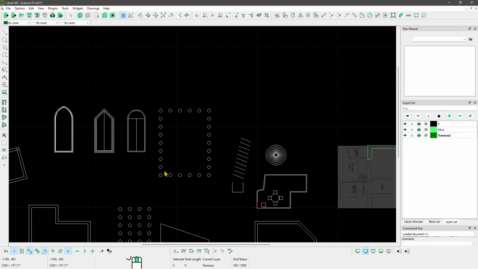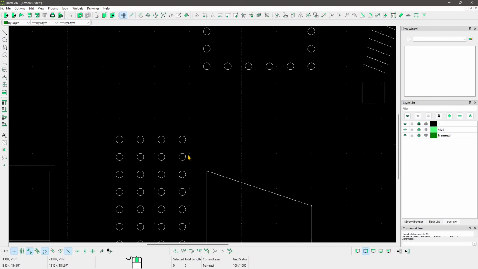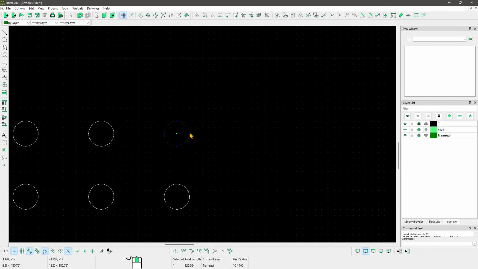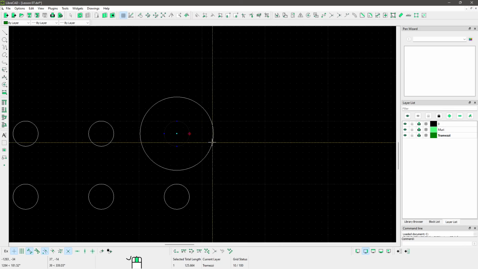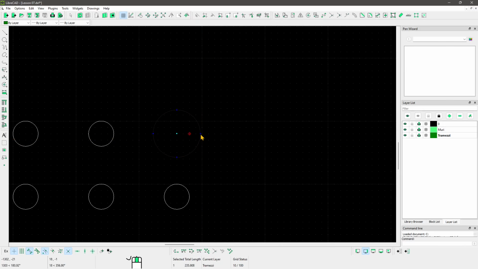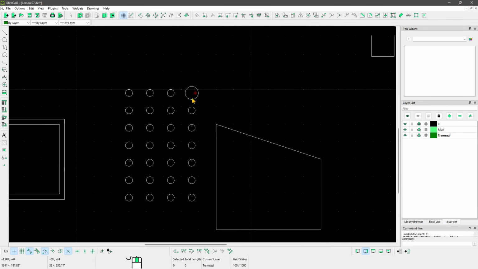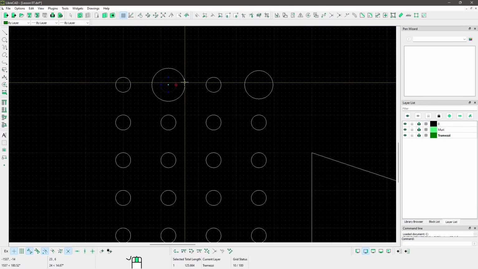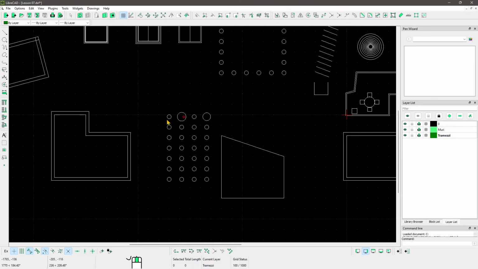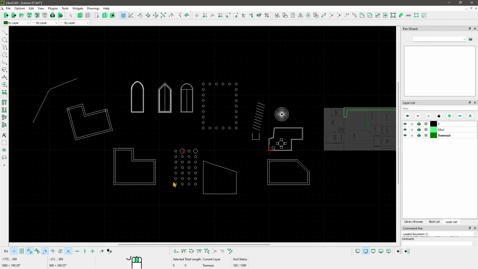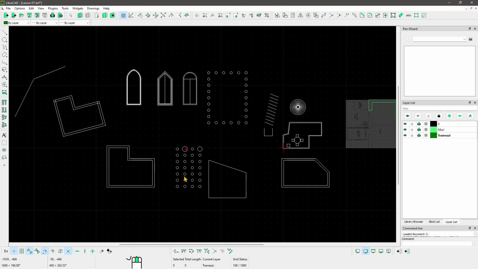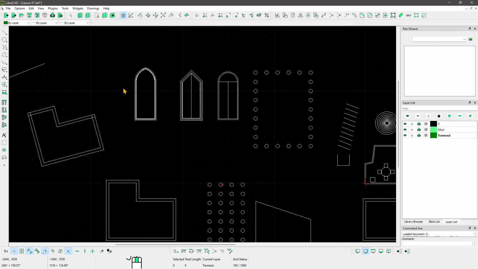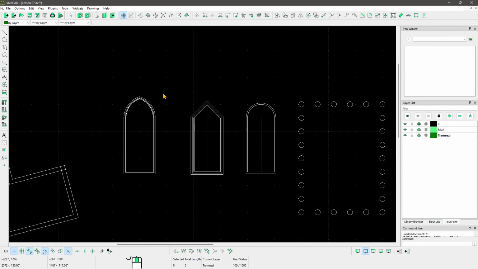So if you remember, these are copies that we made previously, these circles. So if I go into one of these circles and take this line here and just push this blue dot, it's going to increase the size. So I increase the size only of one circle. All the other copies remain the same. So if I want to change all of these, I need to go one by one, click and drag, and set up the exact measure of the other one, and so on. So it could take me hours to change if I have like 100 of these. So when I use the block, this will be done at once, just with a single click. Just by modifying the original copy, we